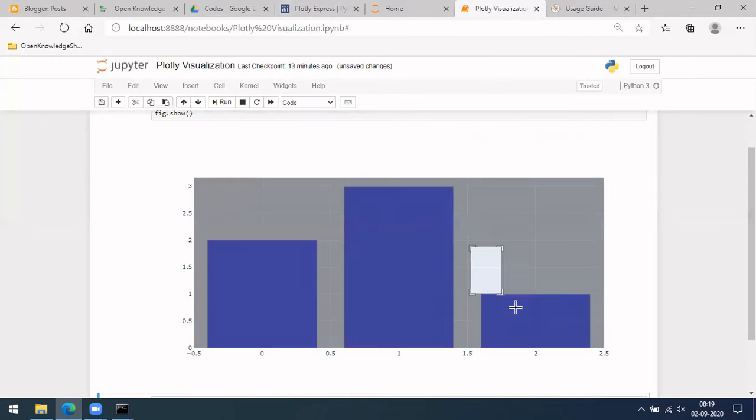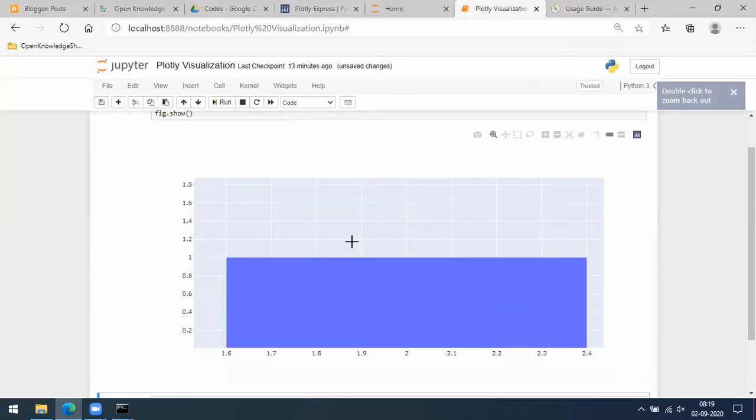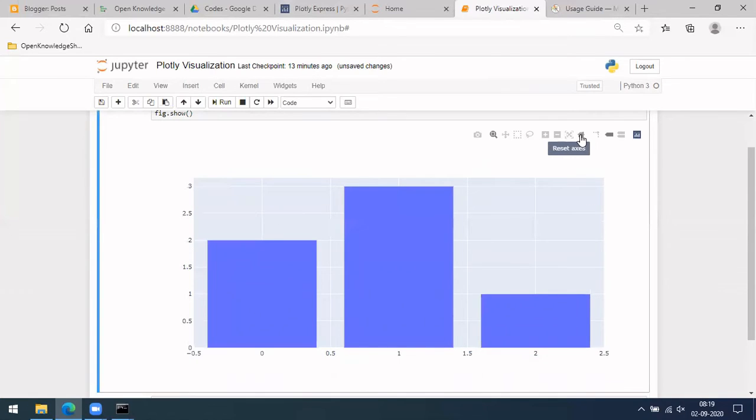Okay, so if you want only this part, you can select and see something like this. And you can do the reset auto scale or reset axes here. This is very much useful when you are doing scatter plots.